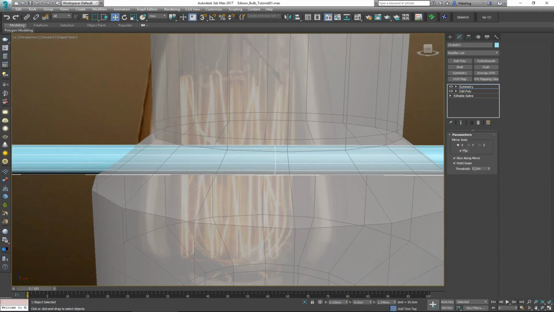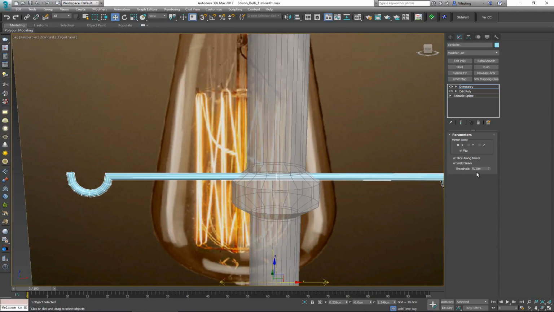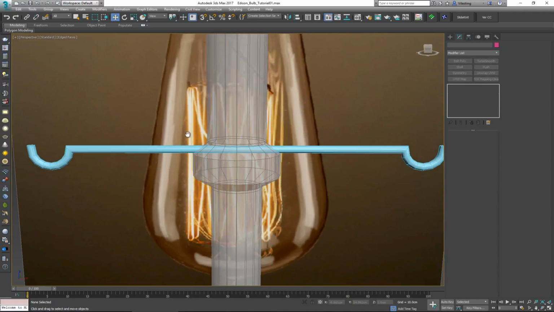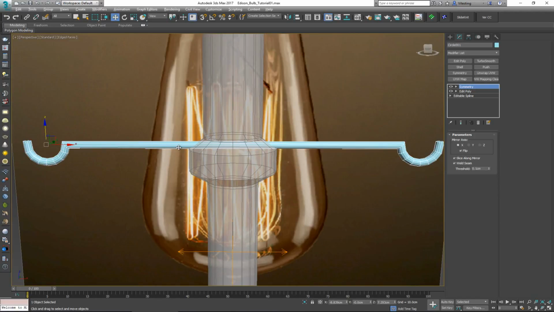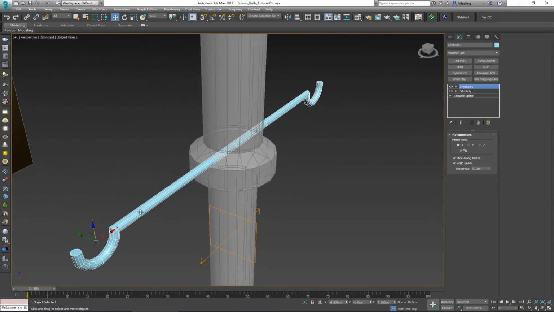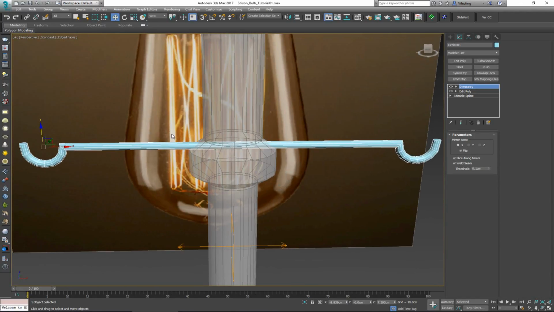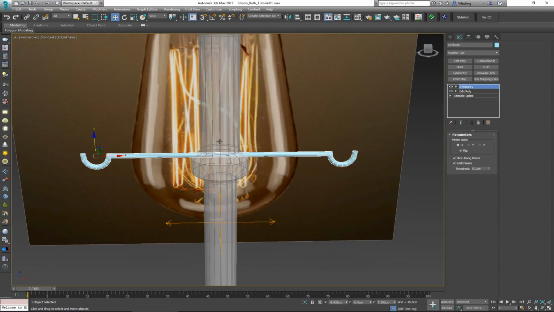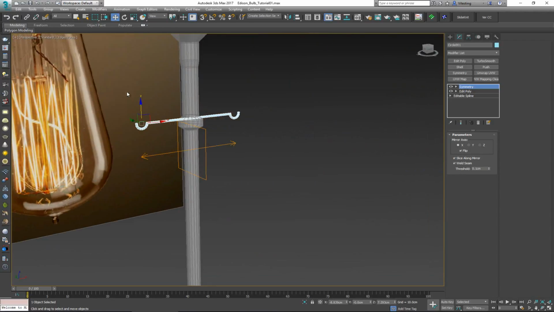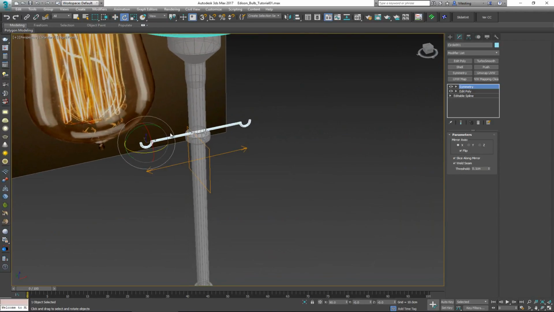Awesome. Also, make sure the threshold is low, like that. All right. So with this, what we have here is the first of these wire holders. And since there are 8 of these holders per light, at least in this light, what I want to do here is with the